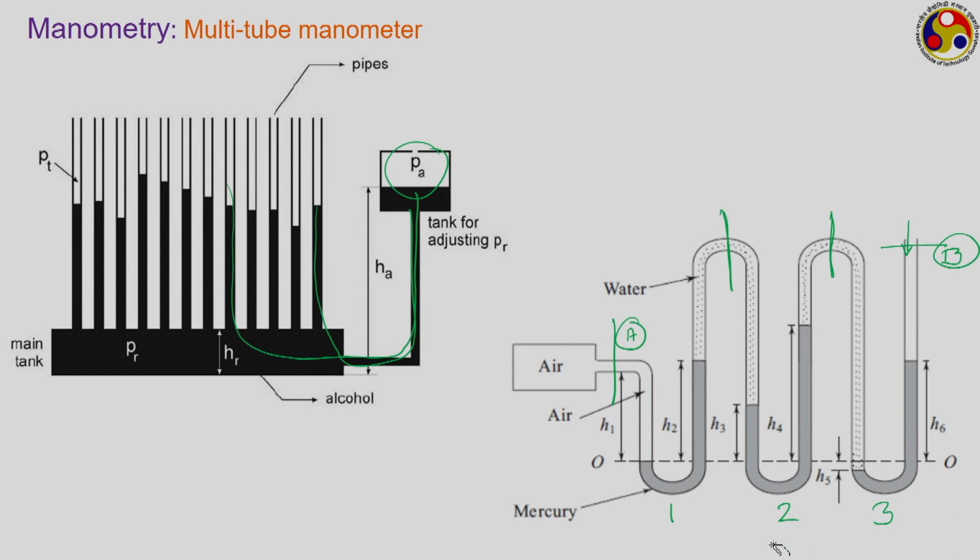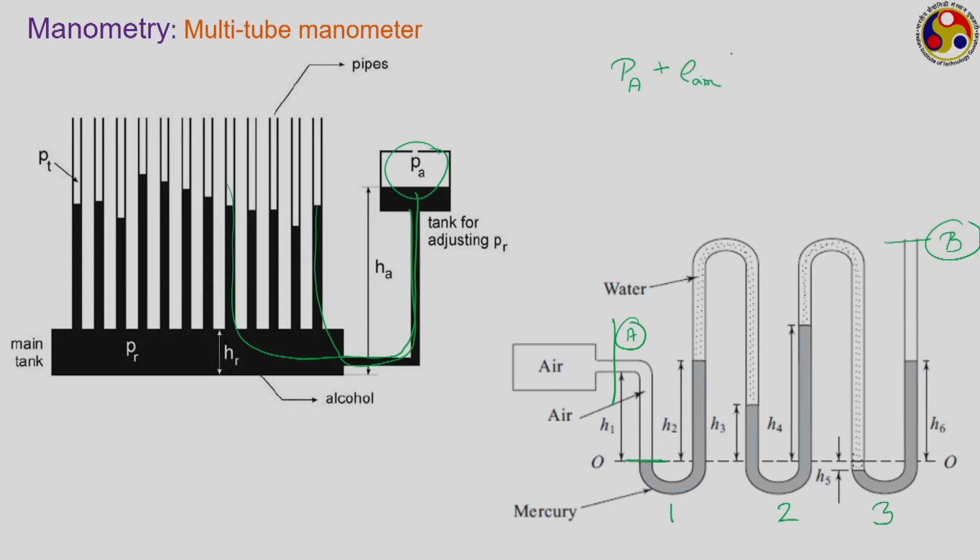If you want to do a simple pressure balance for this manometer combination, then how can we do this? One dotted line is shown, the section OO. If we do a pressure balance along this particular line, let me designate this one as B again. So, what is the pressure at this particular position? This should be PA plus